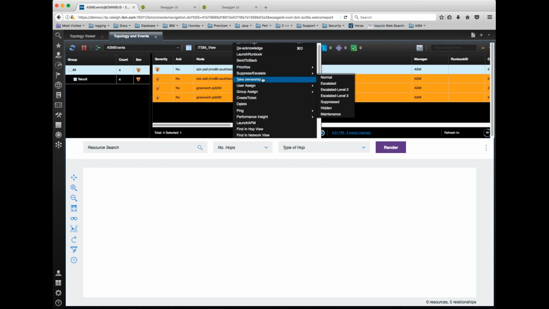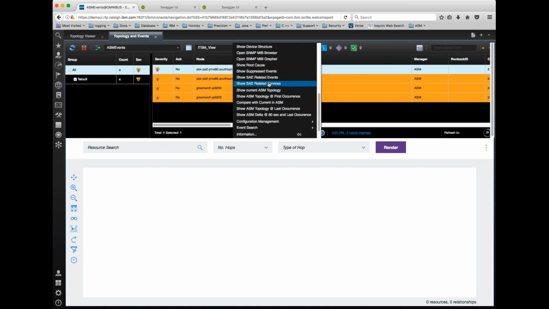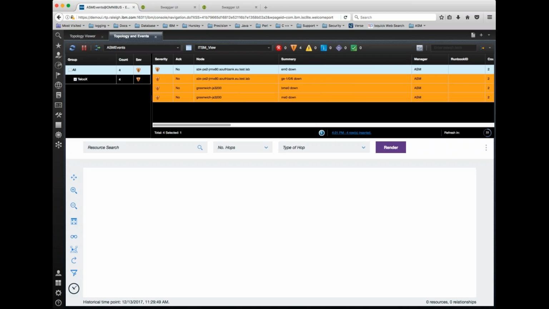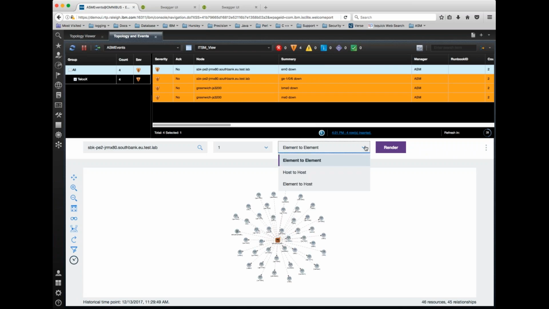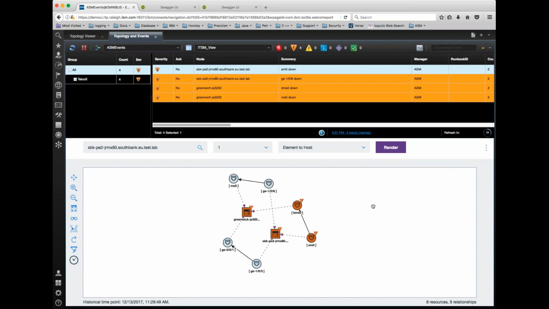to the events. So I could go down here and I could say, let me show this event in the ASM topology. I mean, none of this will be rocket science to people because you'll all have seen something similar with ITNM, but I just wanted to show that it's possible in ASM. So I can hop from events across to the devices. And interestingly, the history,